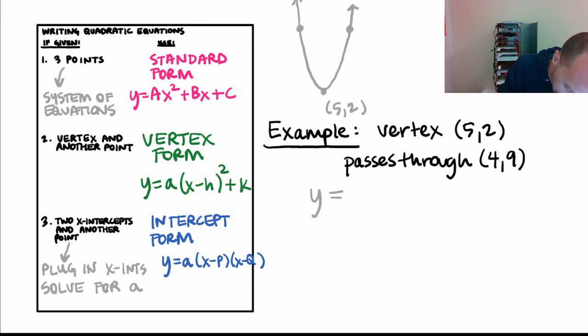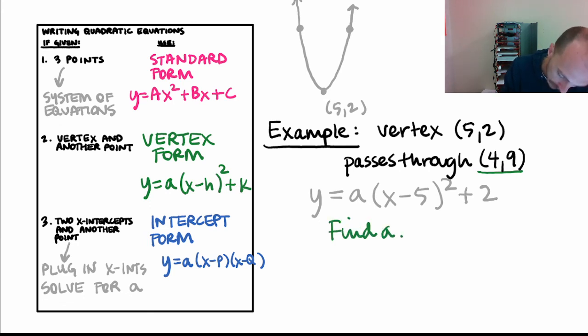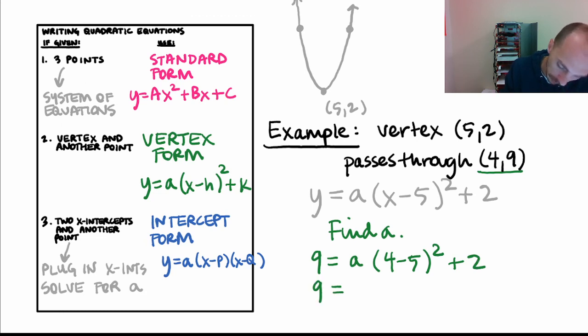Basically just plug in all the stuff. Some number times x minus 5 squared plus 2. Okay, and now I need to find the value of a using the point 4 and 9. Okay, so find a. Okay, so y is equal to 9. a times 4 minus 5 squared, plus 2. Okay, so 9 equals a times positive 1 when I square negative 1, plus 2,